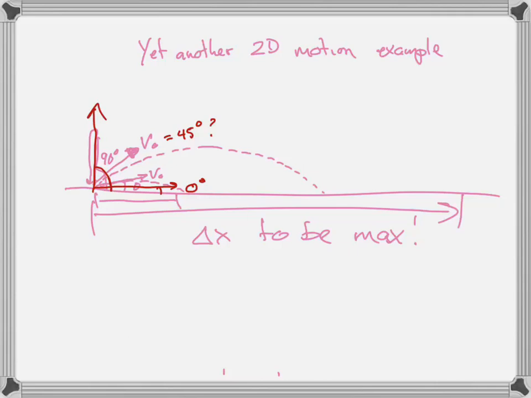It turns out that with air resistance, it's not 45 degrees. We're not going to be able to calculate that right now because we don't have the information about how to include air resistance. But with air resistance, the angle actually has to be higher than 45 degrees. I can't remember if it's closer to 60 degrees, but the angle has to be a little bit higher. But anyway, let's figure out, without air resistance, for an ideal projectile,